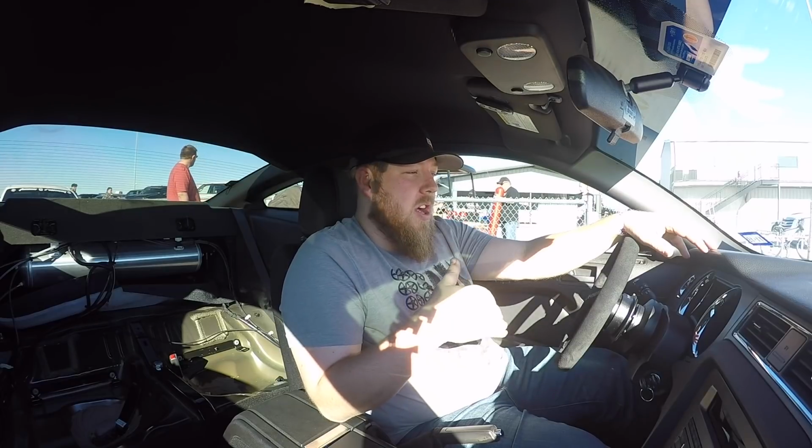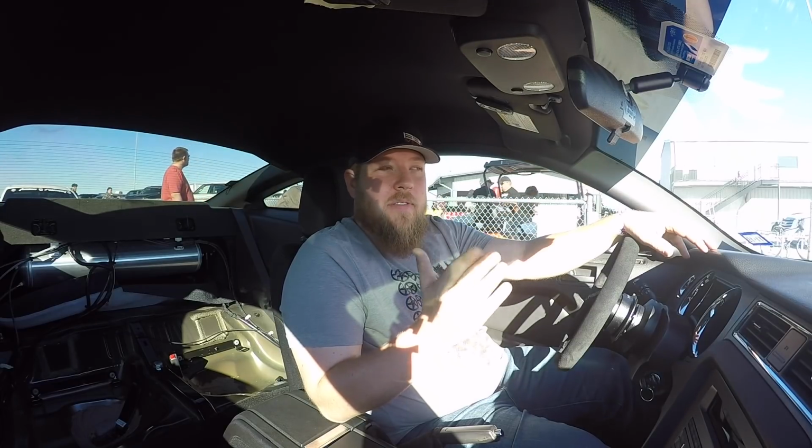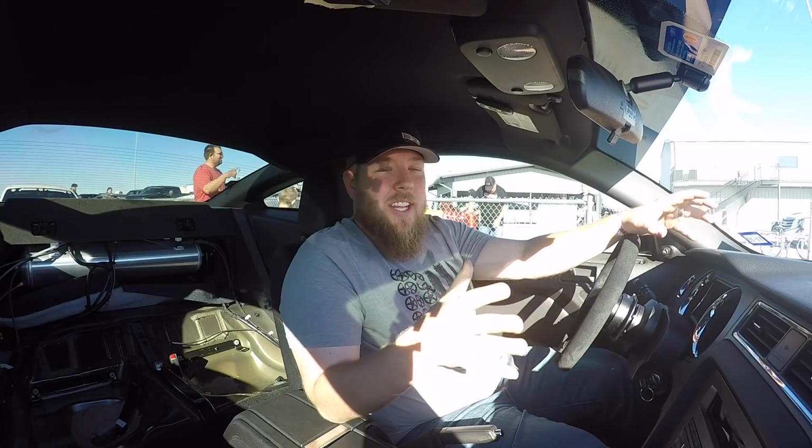But that second pass, I wasn't really being conscious of where my RPMs were off the start and where I was launching it from. So this time I'm really going to take my time at the light. I've got to remember that I'm only sitting for like a second or two after the light turns green, which feels like forever when you're up there, because you've got people behind you, you've got people in the stands, you've got the guy at the tree, and you just really got to zone all that out, do your thing